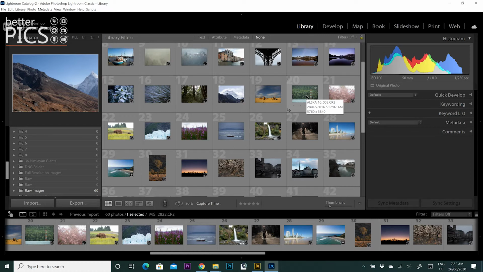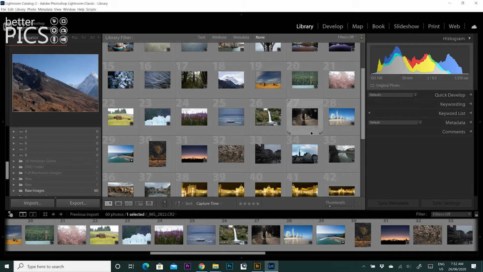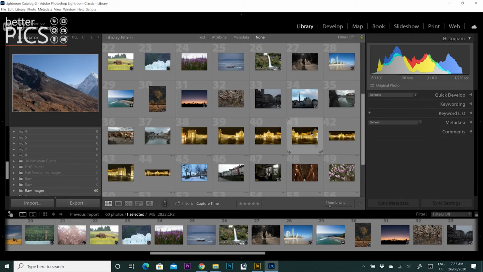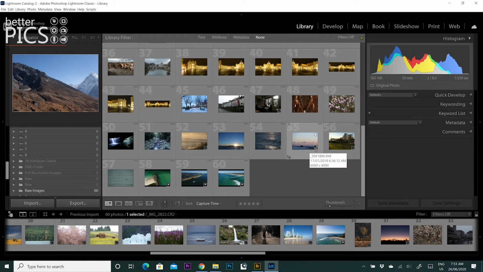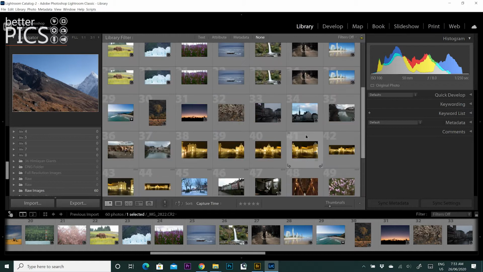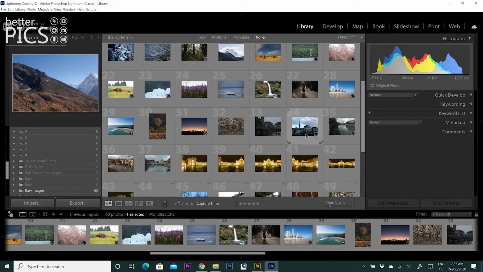But I think any performance or speed improvements with Lightroom is something that's going to be greatly welcomed, because it has been an issue in the past that's been discussed quite a bit on forums and on social media, that there are some speed issues. So certainly anything that helps that workflow move a little bit quicker, I think, is a good thing. So even just down to scrolling seems to be happening quicker,